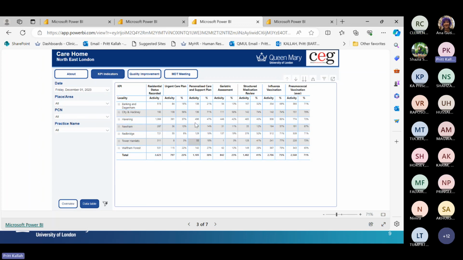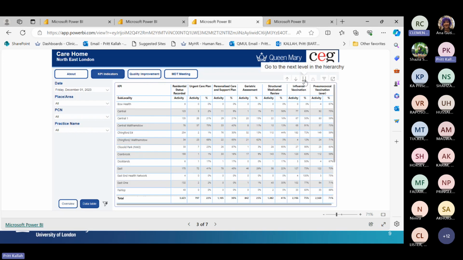When you are clicking on this table, you'll also notice these little signs at the top right here. These can also be used to drill down, to expand or drill up. So at the moment, when we're at a locality level, you can click on these two downward arrow signs, which will drill down. If you click on that, now it'll show you the data at a sub-locality level, which